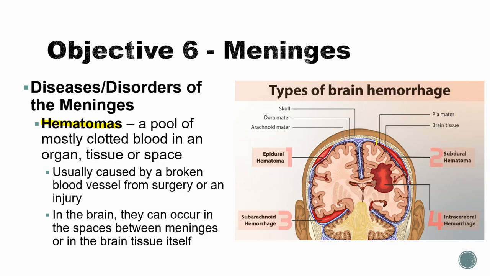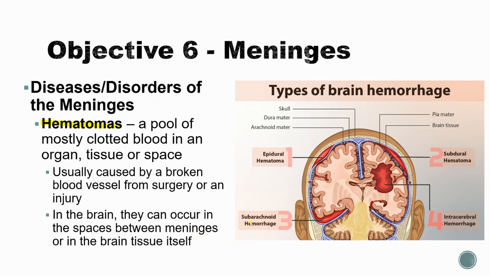you could also have bleeding in these spaces that we mentioned. So here you have an epidural hematoma. So remember, there's not always a space there, but in the event that you had bleeding, it could lead to that little blood pocket cavity area there. A subdural hematoma would be below the dura mater, the dural area. And then you have a subarachnoid as well. So in the brain, they can occur in the spaces between the meninges, or they could actually occur in the